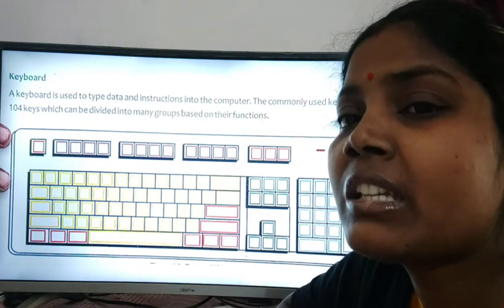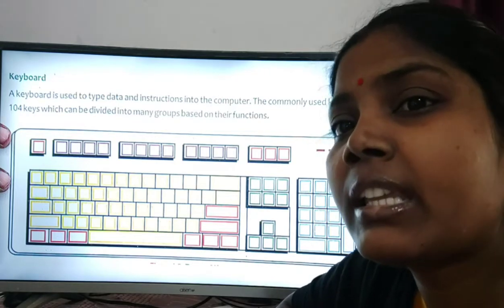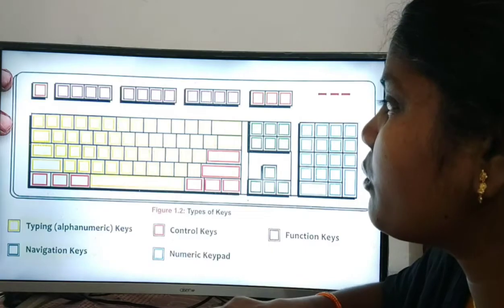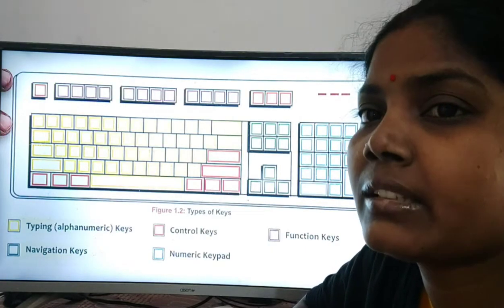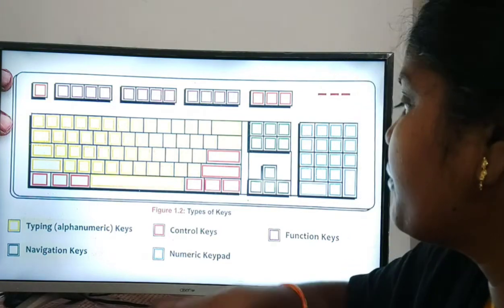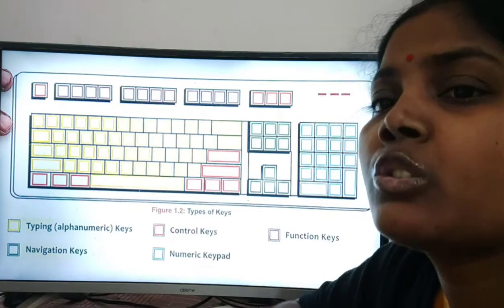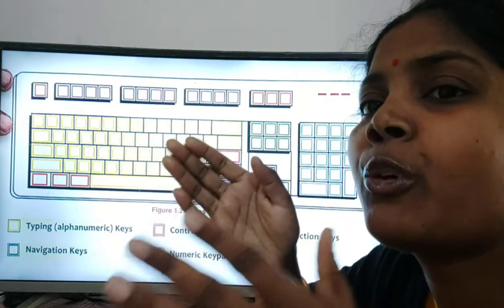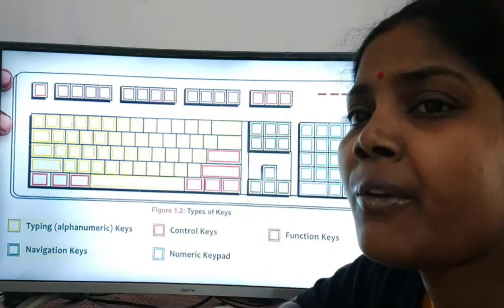So we divided the 104 keys into 5 groups of keys.